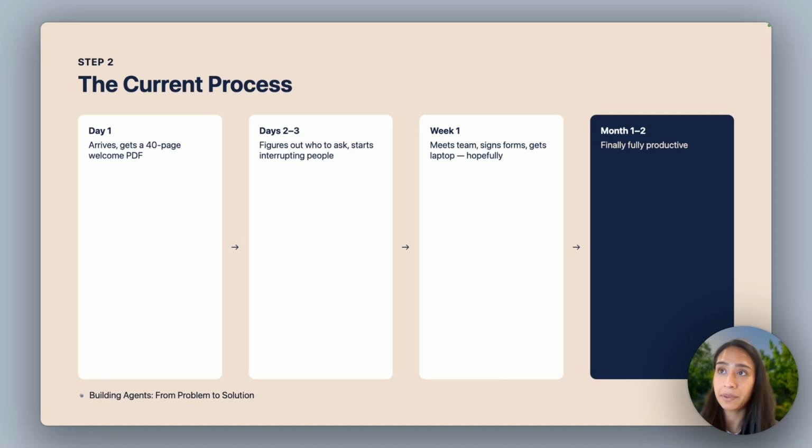And here's just an example that I've created. I got this 40-page document. You figure out who to ask. You start interrupting people. You get a bit annoying. You meet your team. You get your laptop, hopefully. Sometimes it takes a few weeks. And then finally, a month in, you finally start to become productive. That's quite laborious. So